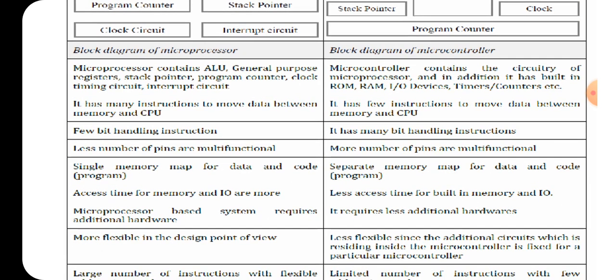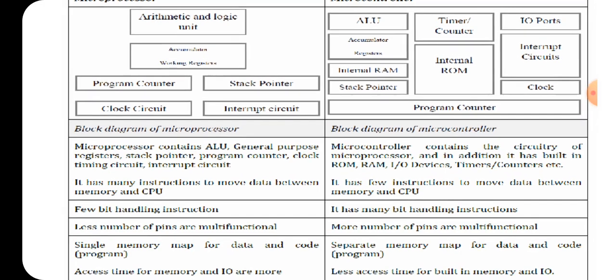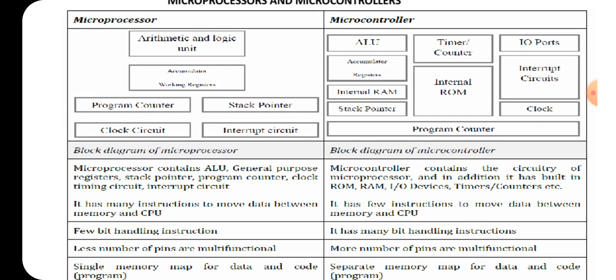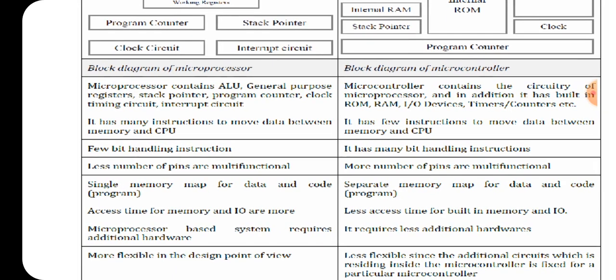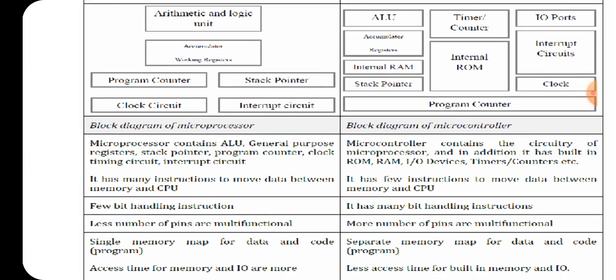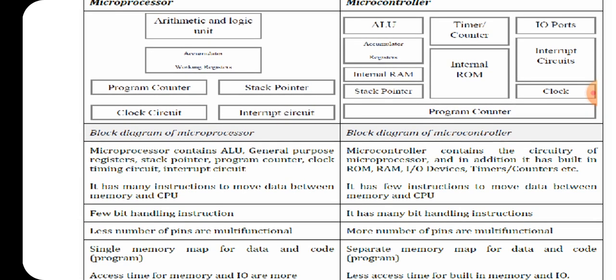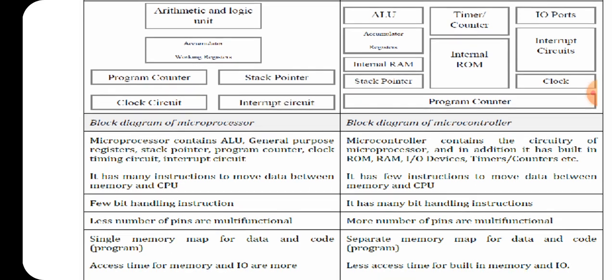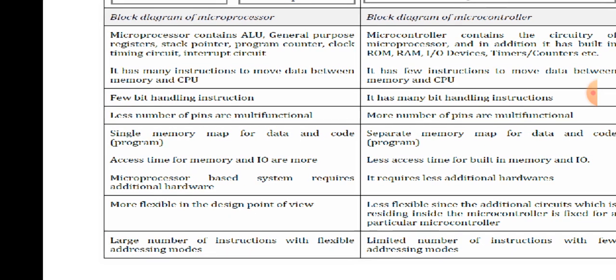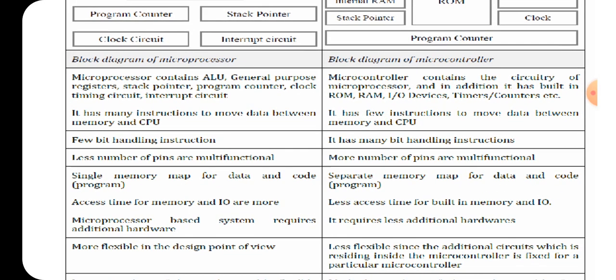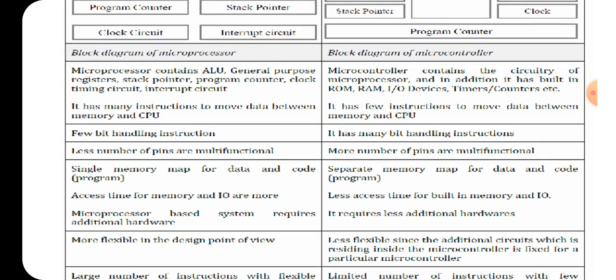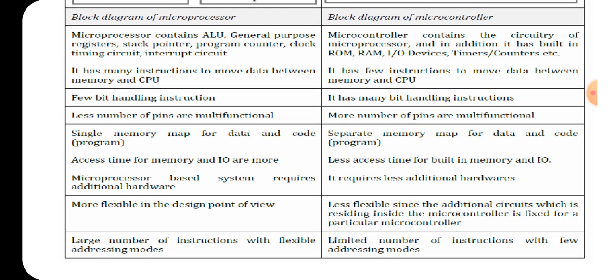So what do we say? If you want to build a microcomputer system using a microprocessor as its CPU, then we require additional hardware devices. That depends upon the application: the amount of memory to be added, the type of RAM as well as ROM, plus the number of IO pins required. Means some external hardware has to be used. But if you are using a microcontroller as its CPU, then depending upon your application, it can either be done with the internal features available, or else very little external hardware is required.